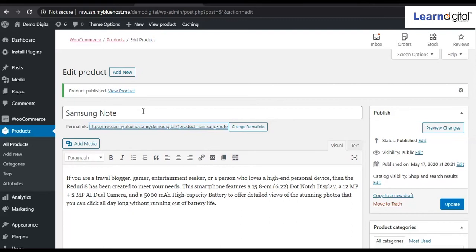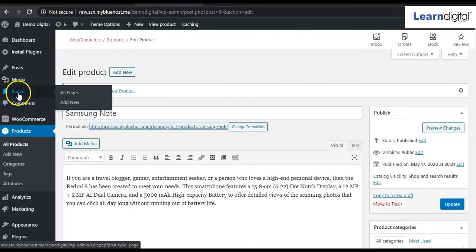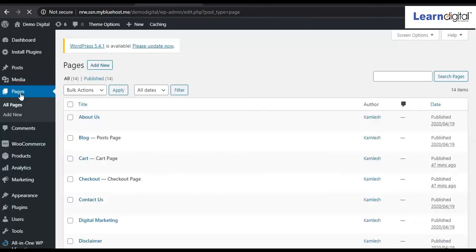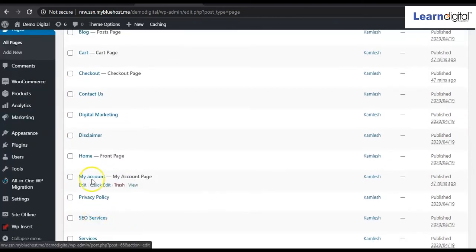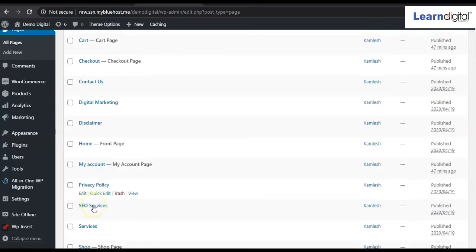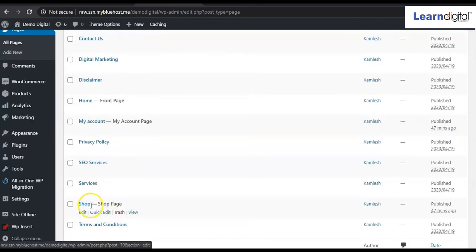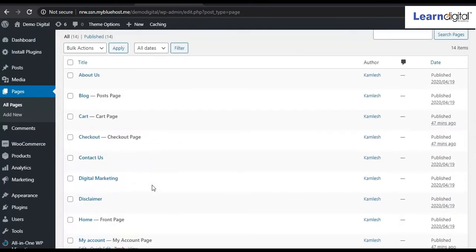You don't need to create those pages separately. So if you go to the pages option, you'll be able to see that those pages have been added automatically. So here you can see cart page, checkout, my account page and shop page. So these are the 4 pages. They have been added automatically, right?